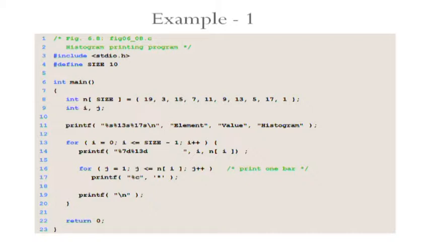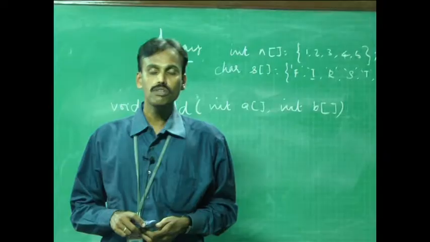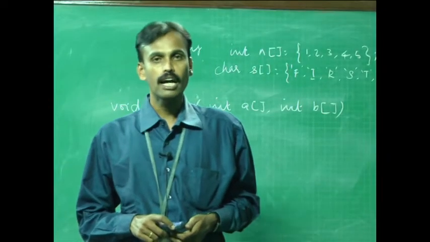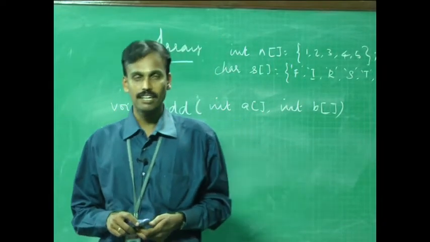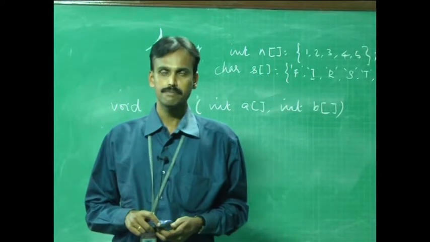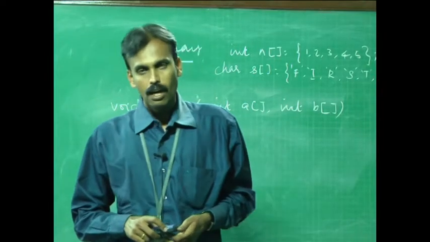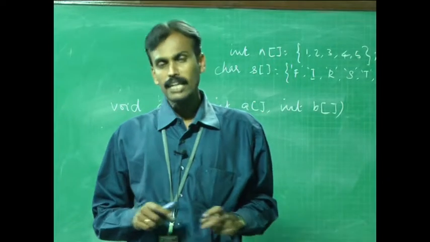How do I initialize it? int n[SIZE] equals, within curly braces, 10 different values which are to be initialized inside the array. These values are 19, 3, 15, 7, 11, 9, 13, 5, 17 and 1 respectively. Added to these, I also declare two count variables, what I call i and j. That is, I have a declaration like int i, j, and then I have the title of my table